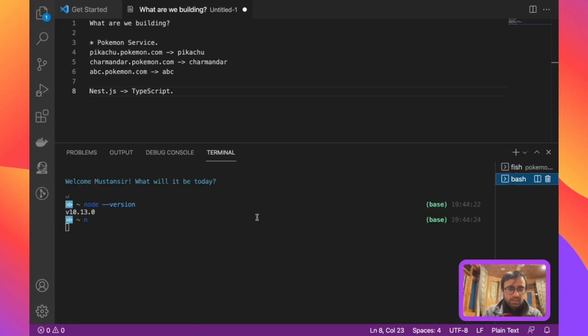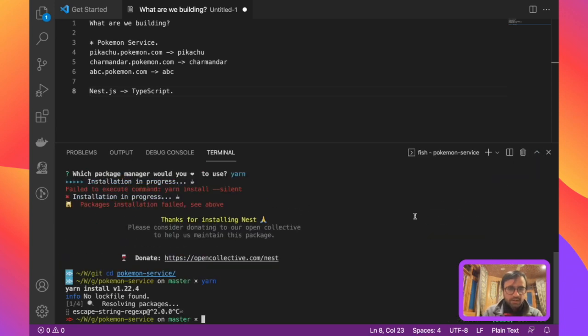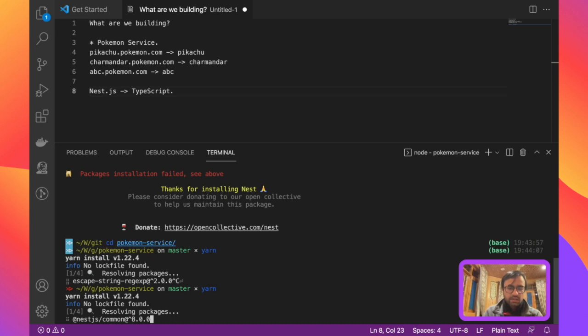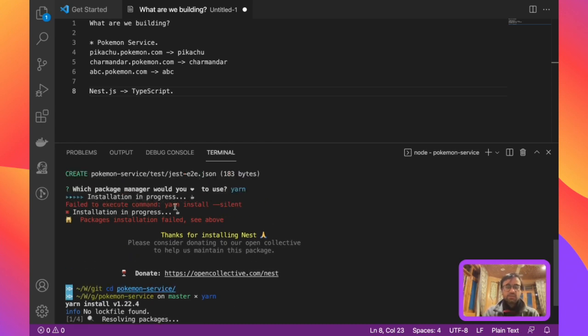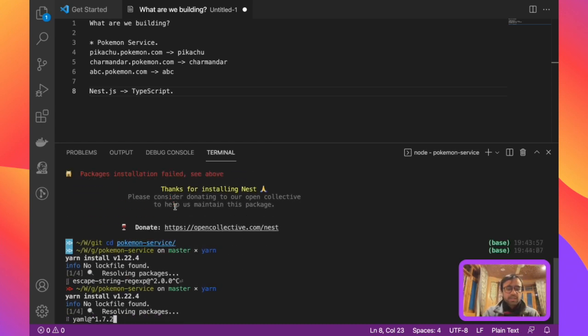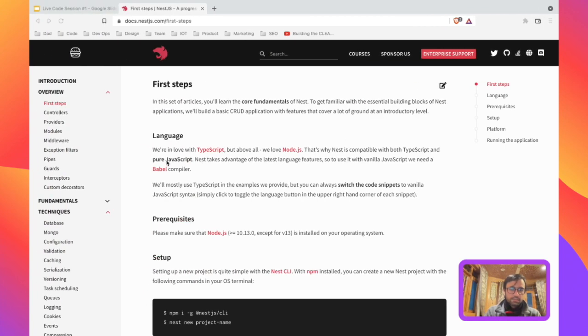So let me quickly switch my node versions. I'm on 14 now, and let me do a yarn again. This should be good. I think that was the issue. I forgot to upgrade my node. Okay, so while this is happening,